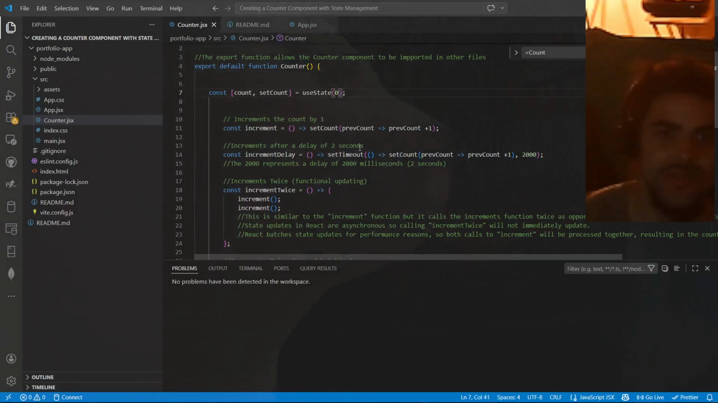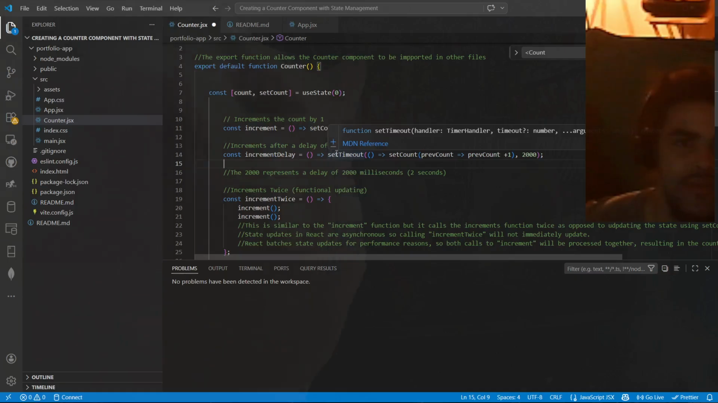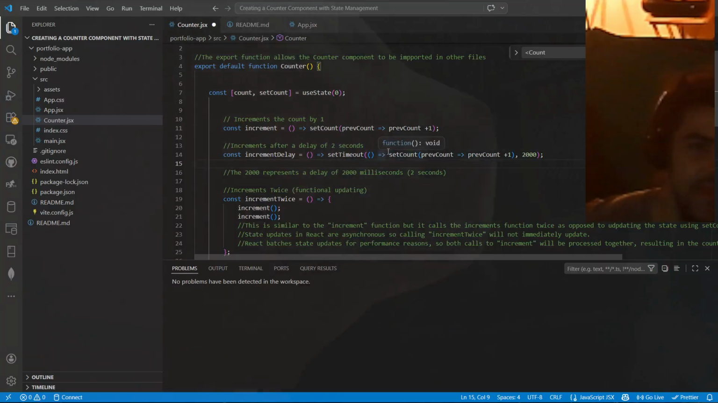Now, the next button is going to increment with a 2-second delay, and we're going to utilize the setTimeout method to do that. I'm sorry, the setTimeout function. So you have const incrementDelay is what we're calling it. Same thing where you're executing it, and upon execution, you're using the setTimeout function, and that's going to execute,